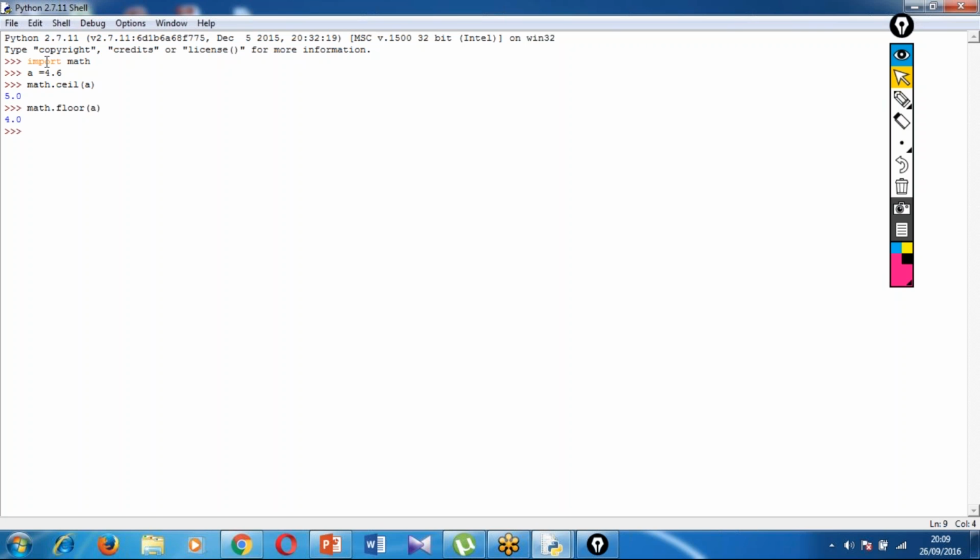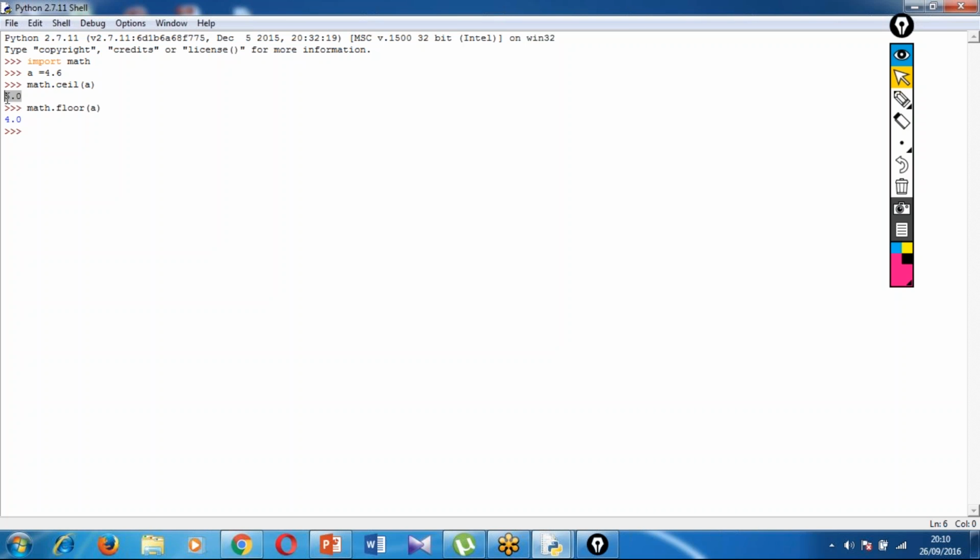Now Sujata, tell me what actually happened. I don't want to tell you the theory. I am just showing you the program so that you can understand what this particular function is doing over here and what the use of this particular function is. See, it's simple. The value we have defined is 4.6, and it's rounded to 5, which means it's increased by 0.4. And math floor is like it's just